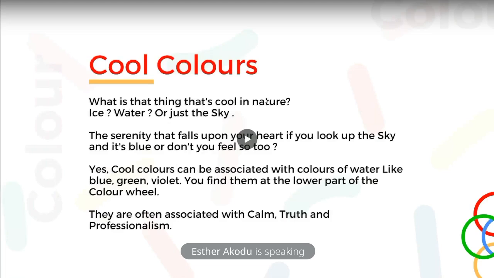Then we have the cool colors. Cool colors are colors that are cool in nature, just like the name. When you talk about cool colors, we talk about water. Water is cool. Talk about ice, right? Water doesn't exactly have colors, right? But it kind of represents what I'm talking about when we say cool, right? And it's something that when you look at the sky, for instance, you just feel that kind